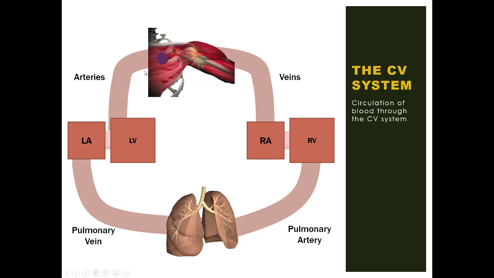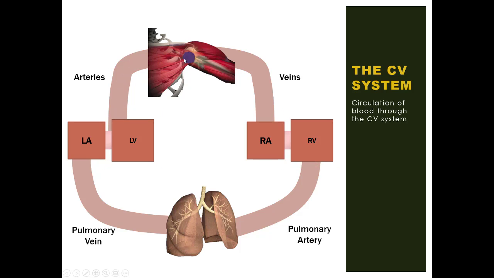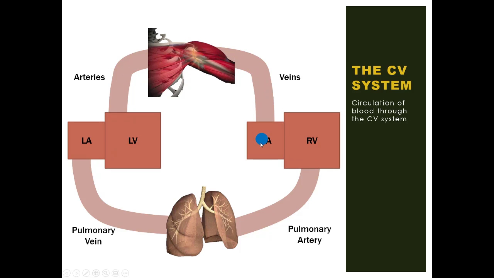The oxygenated blood will funnel through the capillary network surrounding tissues and cells and dump off the oxygen. So as the oxygenated blood passes through the capillaries, the blood becomes deoxygenated. Not fully deoxygenated, just deoxygenated to some extent. The deoxygenated blood then returns back to the heart into the right atrium through the veins. And again, this is referred to as venous return. And this cycle occurs over and over again with every heartbeat.